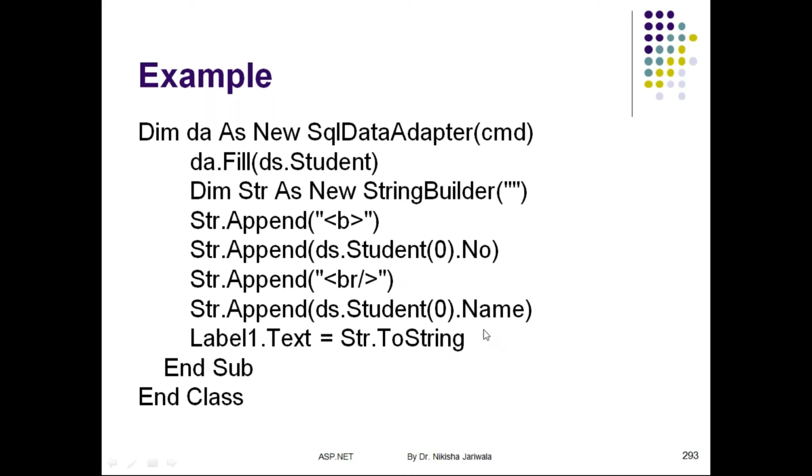And after that, we can use the tables that are present within that dataset, and we can retrieve the values from that dataset, right? But the important part is, instead of using this typed dataset, as we were doing up till now, you can create the object of the dataset and fill particular tables within the dataset with the help of da, that is the data adapter, and then you can use those tables, right? But this is also one thing that is present in the .NET framework. So I have given one example over here, right?